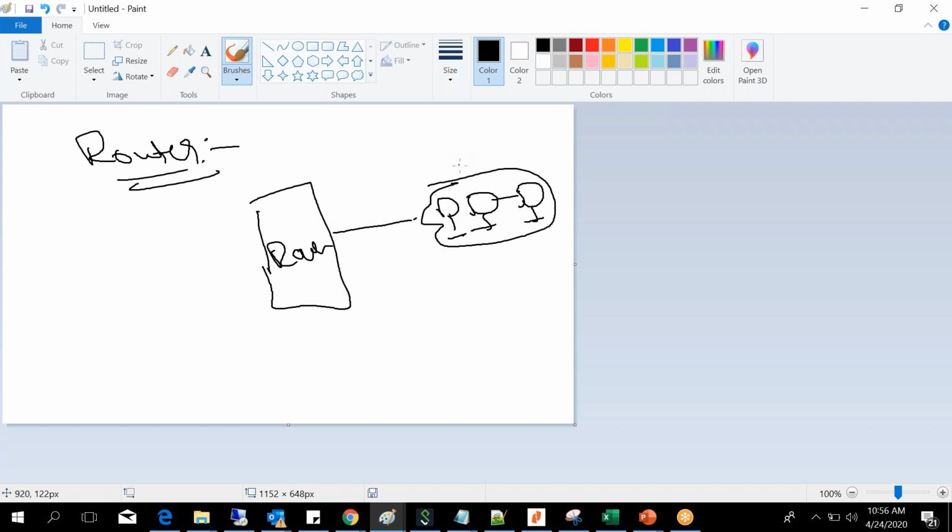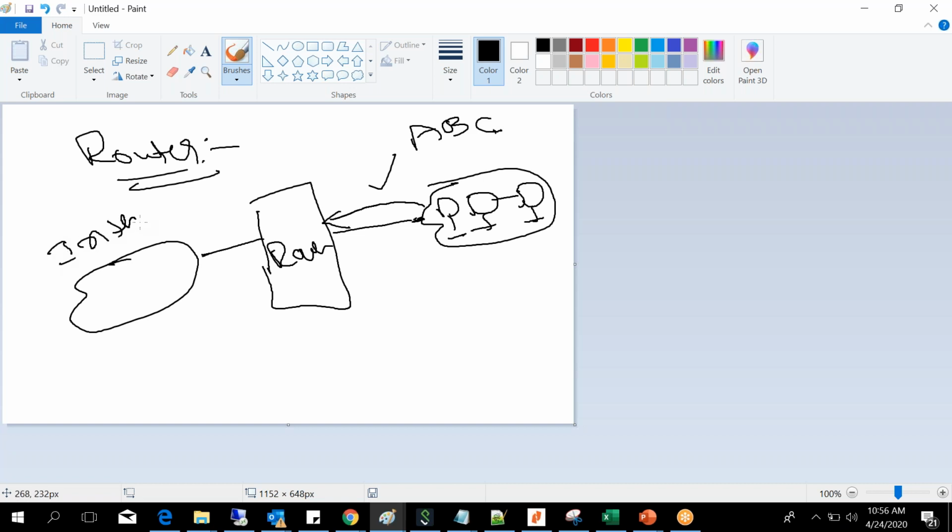Whenever a packet is coming from here, and here is the internet, this is one network and this is the ABC network, and the ABC network wants to go to the internet. These are two different networks. If you want to communicate from this network to that network, you need a device in between, and that is a router.